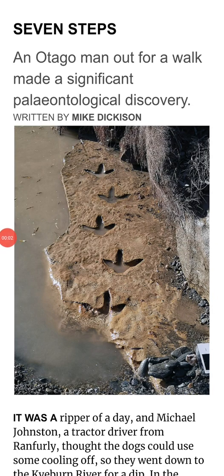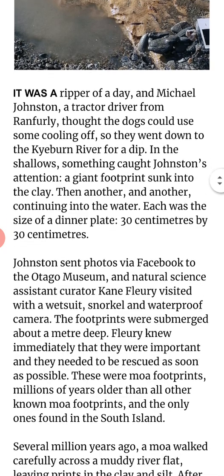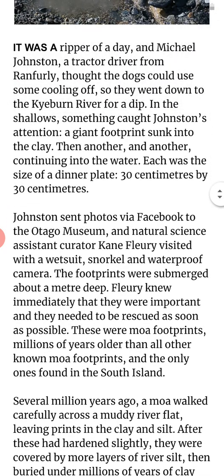7 Steps. An Otago man out for a walk made a significant paleontological discovery. By Mike Dickerson. It was a ripper of a day, and Michael Johnston, a tractor driver from Ranfurly, thought the